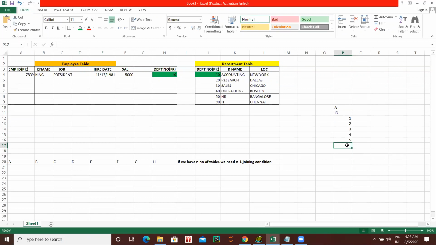Now after A, write B, another table. The column name is ID. Here you enter 4, 5, 6, 7, 8.